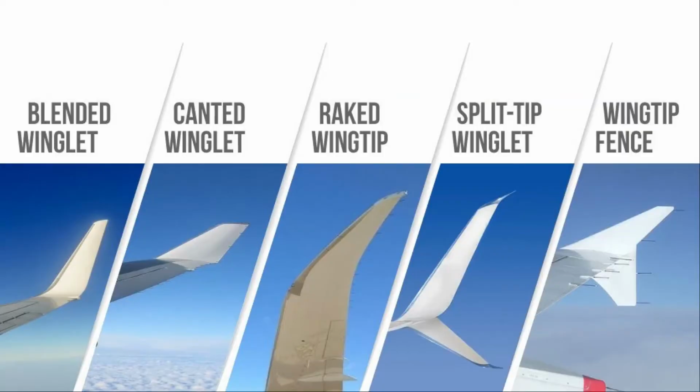Wow. Okay. So there's several different types. John very kindly mentioned several. So you've got Wingtip Fence, as you mentioned, split winglets, Sharklets, and that. So are they literally just different designs of the same product? Or are certain ones more suitable for different aircraft because of the size of them and things? So, for example, would you have a certain type on a larger aircraft like an A380 versus what you'd have on the A320? It's a difficult one because it all really revolves around the same end goal, to get